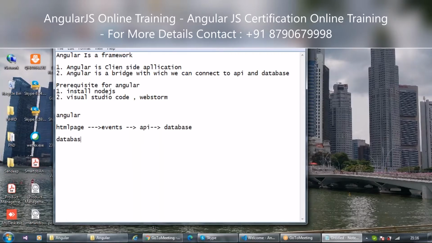The database sends data to the API. Then the API, which we called on a particular event, now has to show the response in our browser. So the API displays data to the HTML page, or we would say the browser.